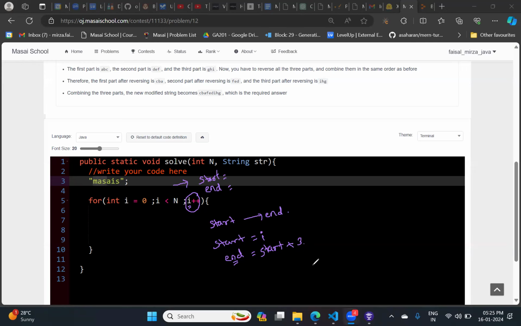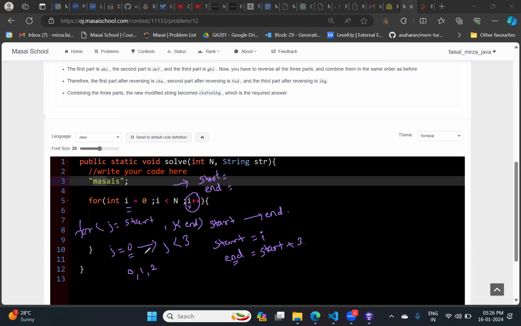Abhishek, are you there? Yes, sir. Can I do this? Means whatever inner loop will be there, j loop, it will be starting with the start and it will run till j is less than end. So if you see when i is 0, j will also be 0. So it will run from j equals 0 till j is less than 0 plus 3, which is 3. Okay, so can I say that the character at index number 0 will come, the character at index number 1 will come, the character at index number 2 will come? Can I say that? Everyone, please confirm. 3 will not come because j is less than 3.